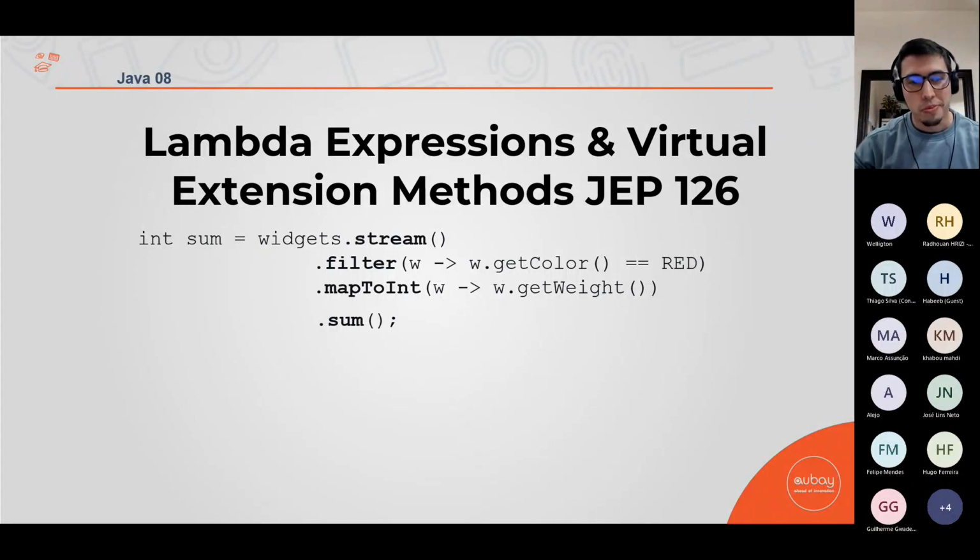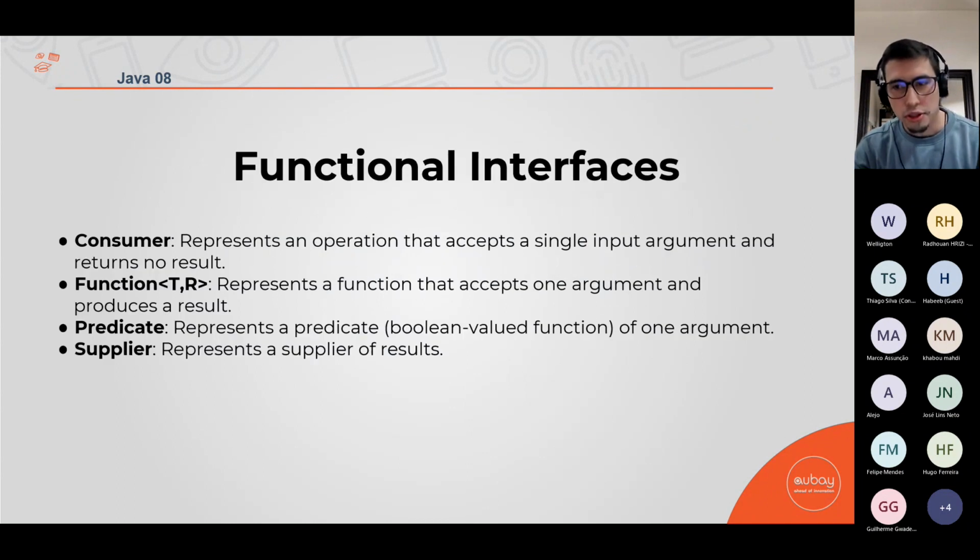And if you're using Stream, you also should know about functional interfaces. And what is a functional interface? We have a lot of functional interfaces, and I will show you how to create one and exactly what a functional interface is. But we already have some functional interfaces created, like Consumer, Function, Predicate, and Supplier. And you should know them because Stream uses functional interfaces. So if you don't know functional interfaces, you probably don't know Stream very well, okay?